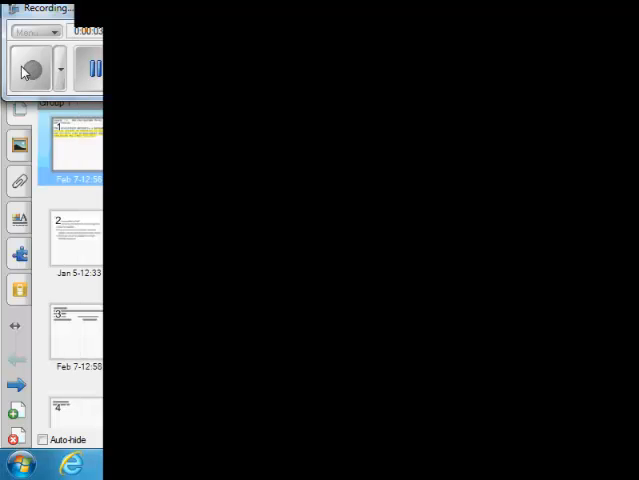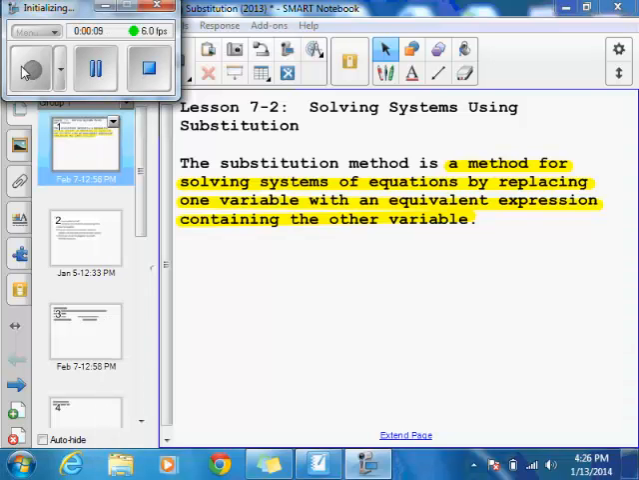Okay, this is section 7.2, solving systems using substitution, and this is an alternate method to graphing. The substitution method is a method for solving systems of equations by replacing one variable with an equivalent expression containing the other variable. I know that probably doesn't make a lot of sense right now, so I put together some